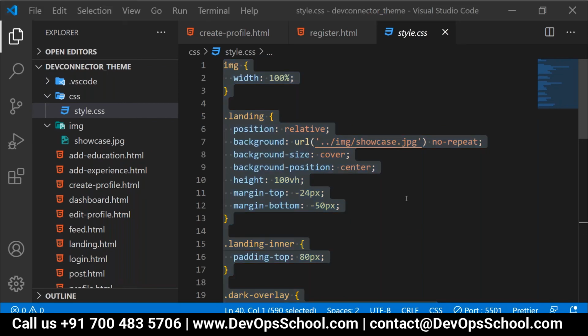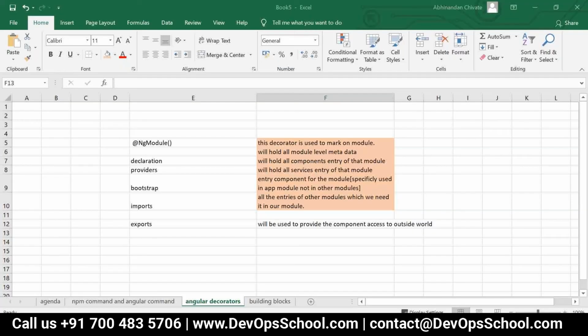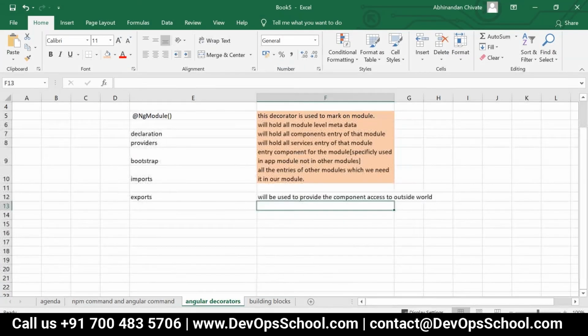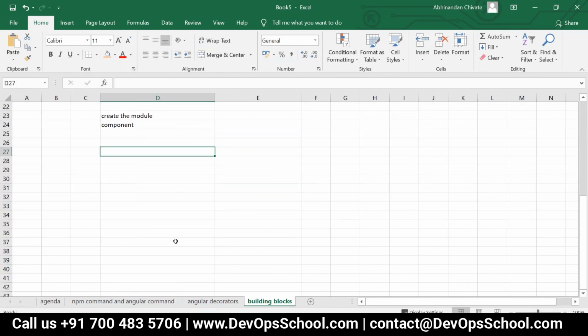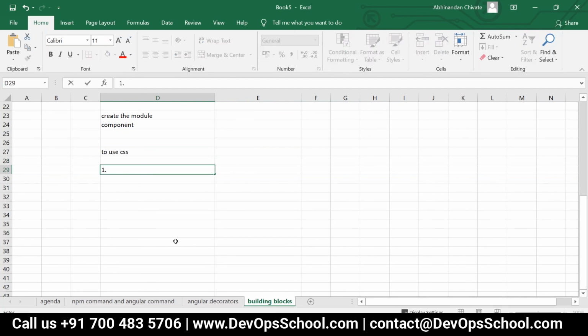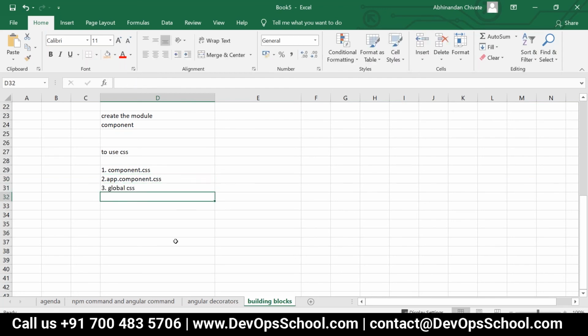Now for that purpose we will get three options. One is component.css, second one is app.component.css, and third one is global CSS.